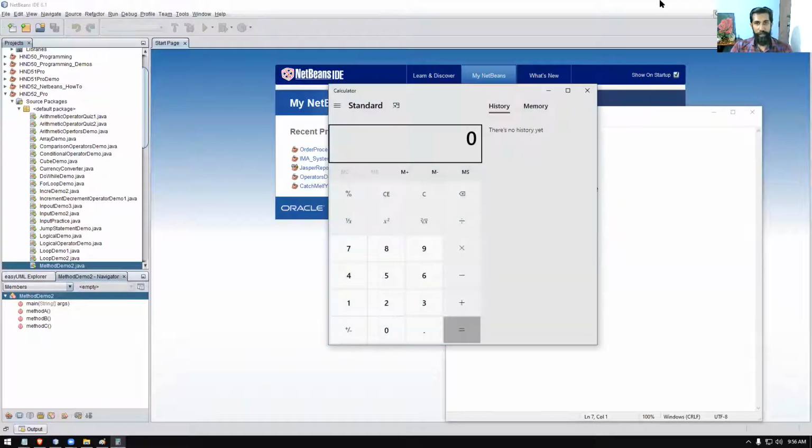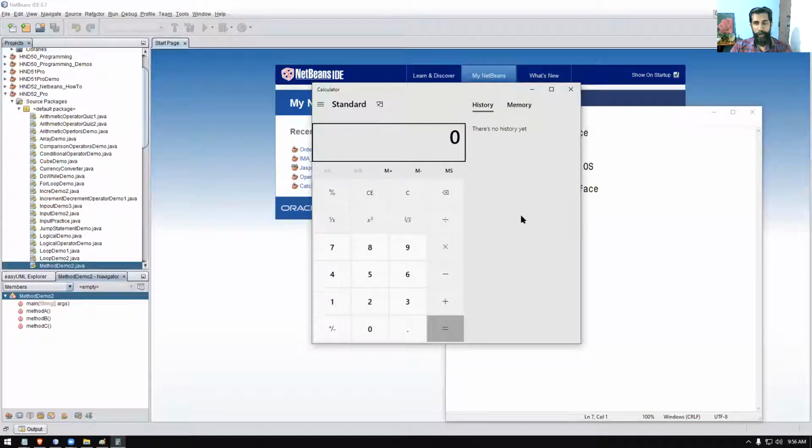So once you have the calculator program, in the GUI program, you never know what's going to happen next, which means, for example, after I start this one, I can directly close this. I can maximize this. I can minimize this. I can resize this, or I can directly do a calculation.